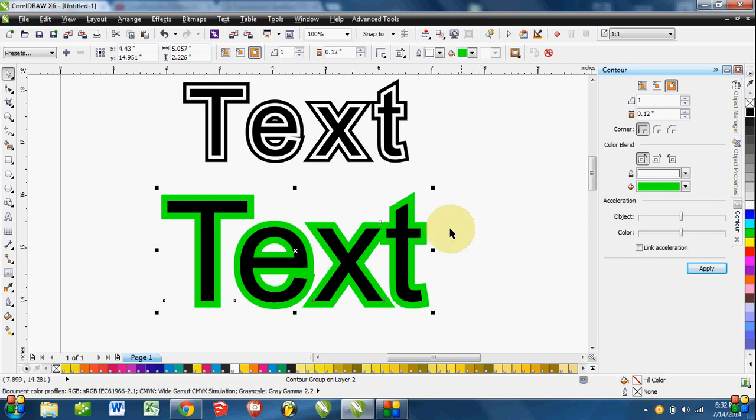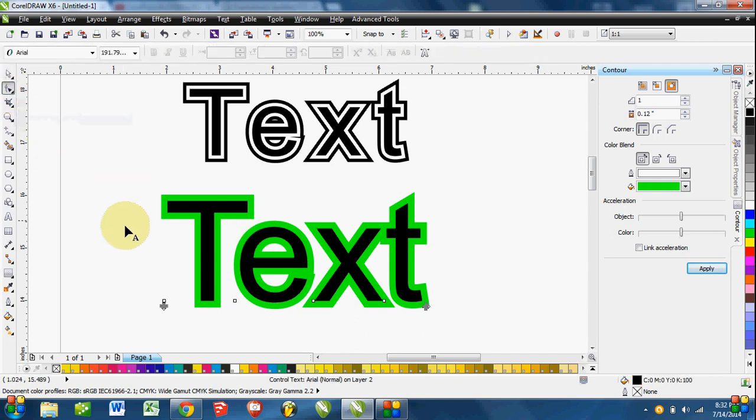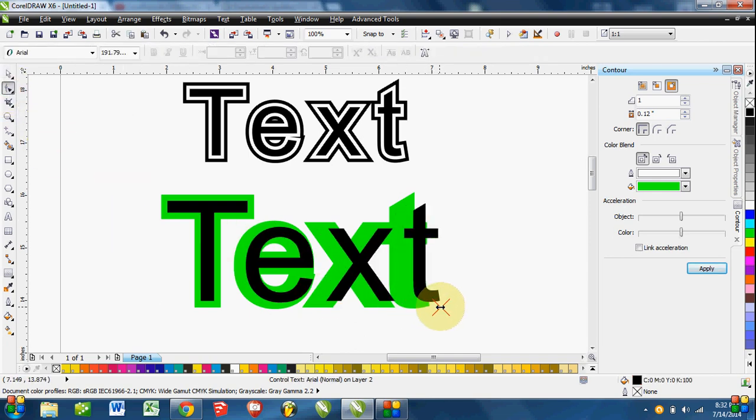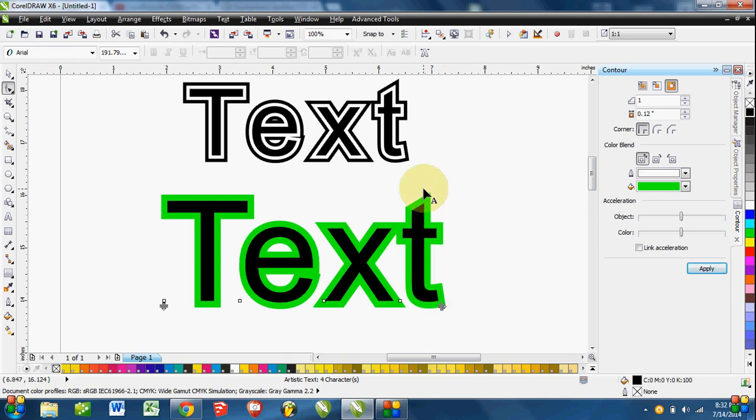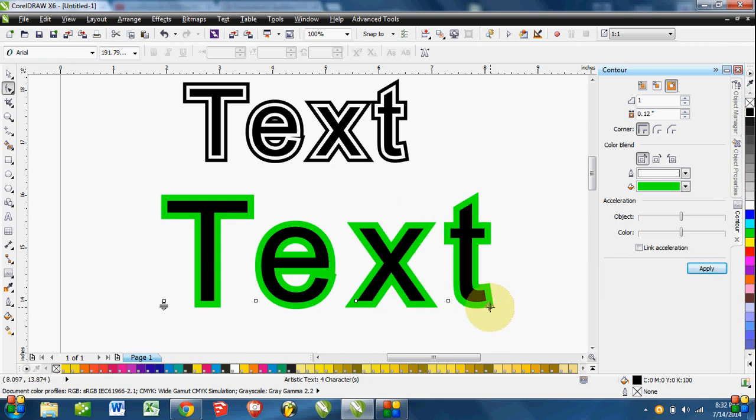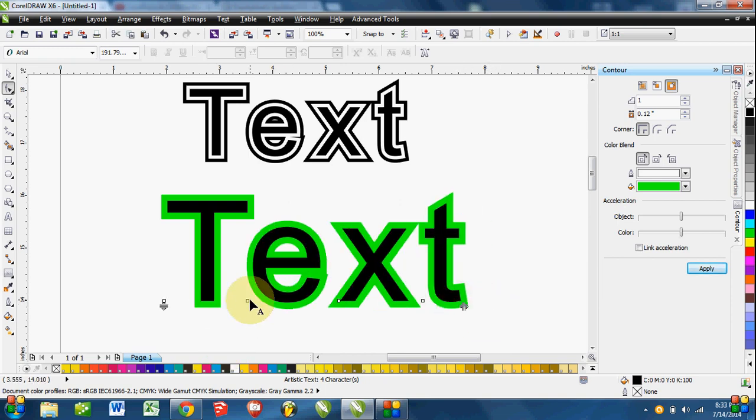Okay, so now this is your outside contour. What you'd want to do at this point, before you do anything else, is grab your shape tool and drag this out to where you want it to be, because this outside green is basically going to be where this outside black is. If you don't want it touching, this is when you'd need to scoot it out, or you can click right here